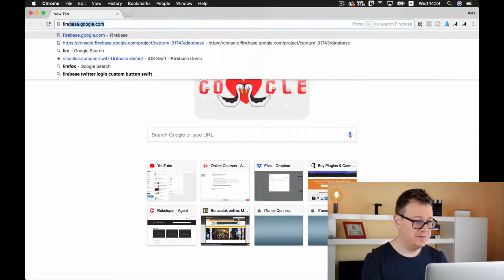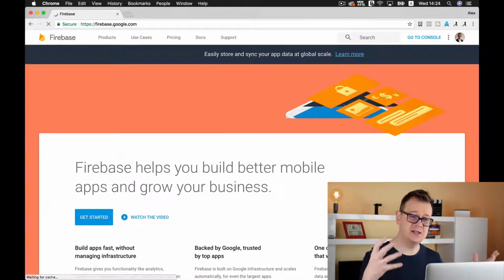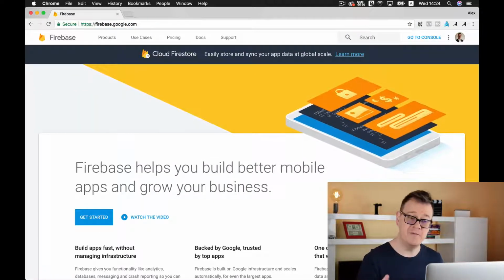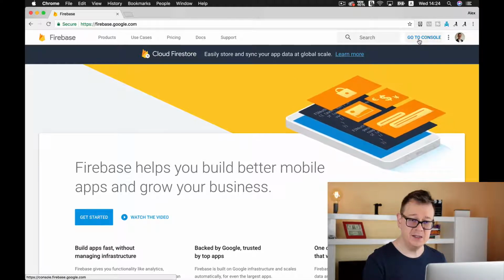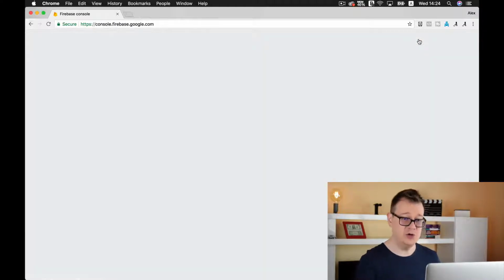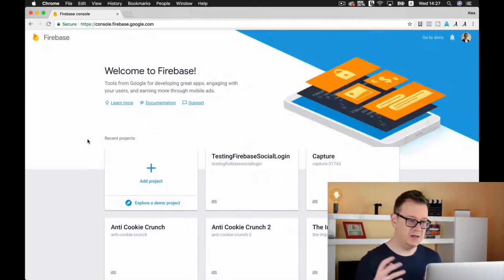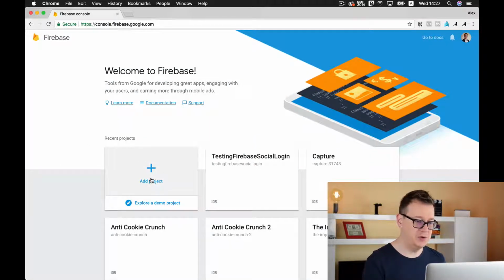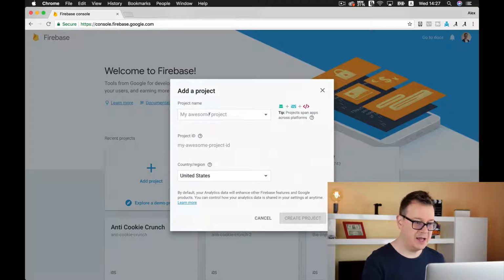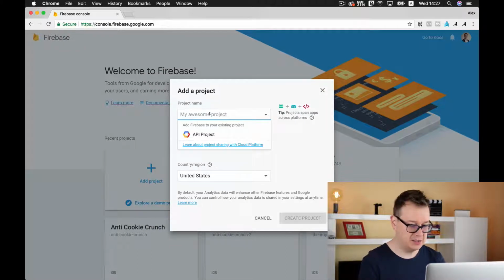So go to firebase.google.com and sign up for Firebase if you haven't already done so, and then go sign in and go to your console. Okay, let's wait for this. And now we are going to create a Firebase app that will link to our project. So now that it has loaded, let's create a new project and select Add Project. Okay, let's name this project, let's say,